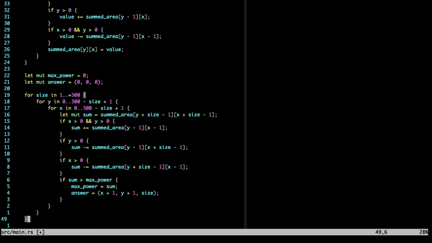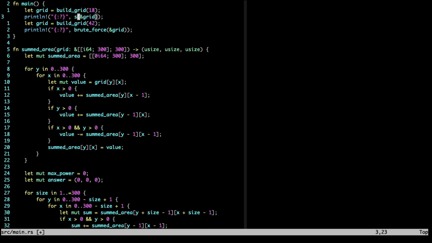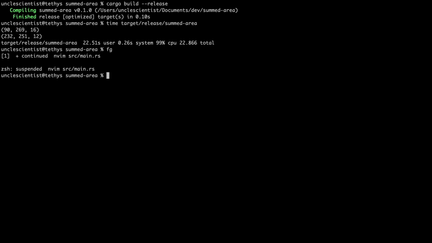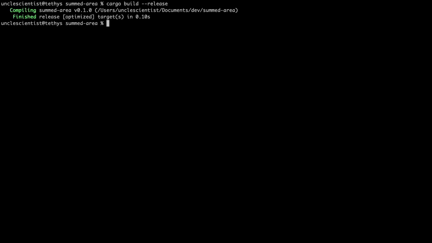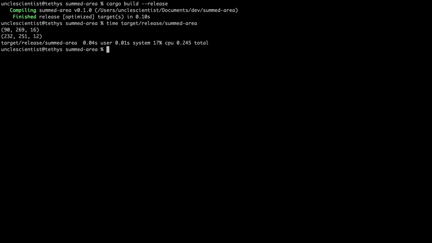Updating the main function to use the new summed area function, and let's compile and run and see if it's any better. It found both solutions in 0.245 seconds. That seems like a worthy improvement. We can make the code cleaner at the expense of some extra memory usage. If we add a row of zeros at the top of the summed area table and a column of zeros to the left, we can shift the indices such that we don't have to use any if statement in our lookup